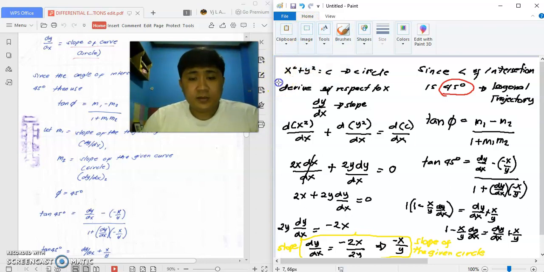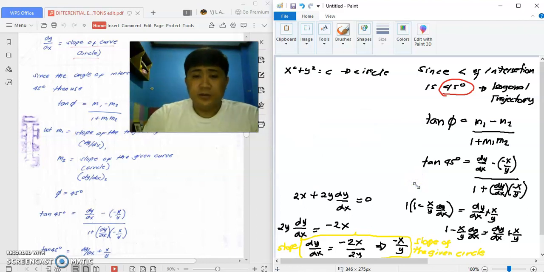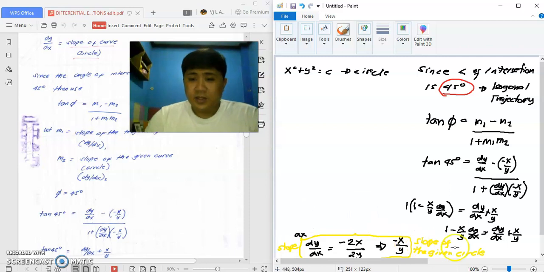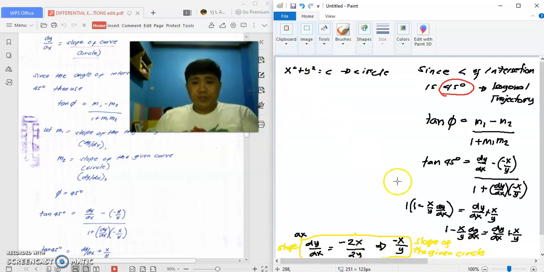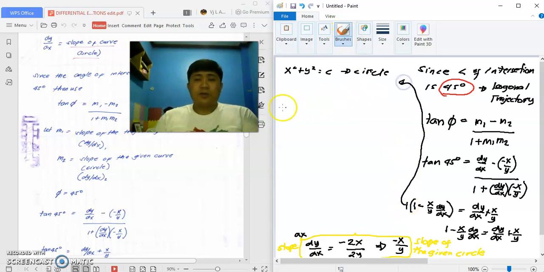So from here, let me clear some of this. Okay, maybe this part. Let me clear this part first, then this part. We will not erase this one. Okay, so now let's continue up here. Okay, so from here,